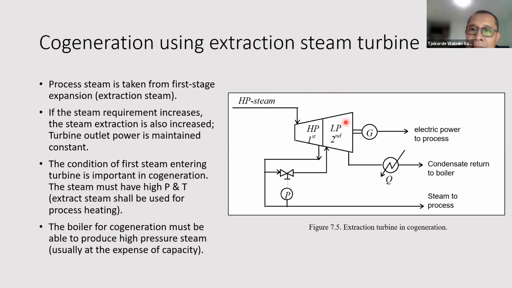And then the exit steam from the second stage, if the temperature matches, we can also certainly use for process heating. So if the steam requirement increases, the steam extraction, by which I mean this line here, is also increased. The condition of the steam entering the turbine is important in cogeneration. The steam must have sufficiently high pressure and temperature. So this inlet steam needs to have a relatively high pressure and temperature because the extracted